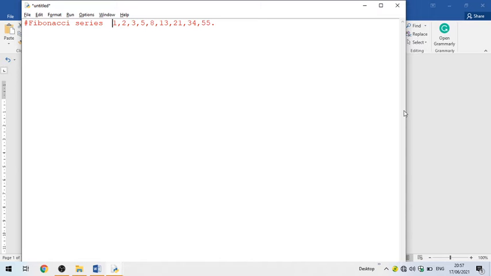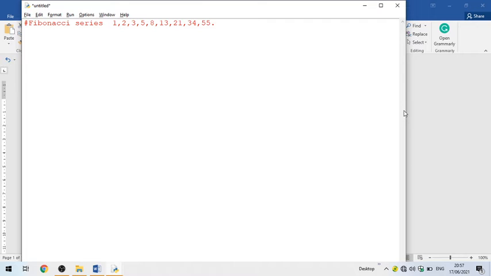The previous last two numbers will be added to get the third number. So 1 plus 2 is 3, and 2 plus 3 is 5, and 3 plus 5 is 8, then 5 plus 8 is 13, then 8 plus 13 is 21, and so on. This is the way the Fibonacci series is created and printed.